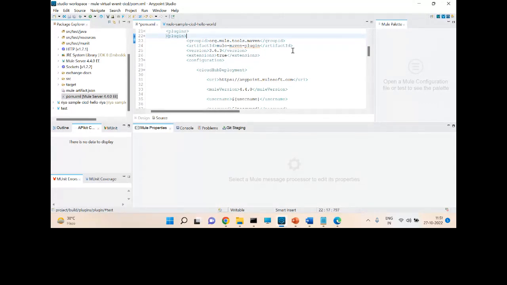If you have applied any client ID secret policy to any API, it will not affect, because this is the basic Anypoint deployment. We are only deploying the application, the APIs are not running. All the configuration here is regarding the Anypoint platform, like username, password, environment. The headers are API specific.